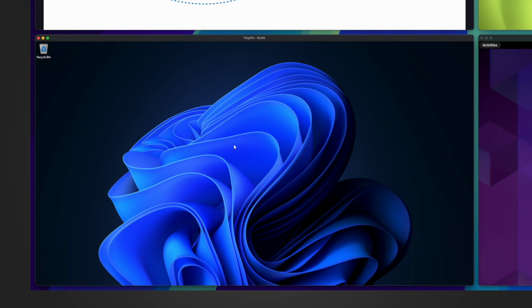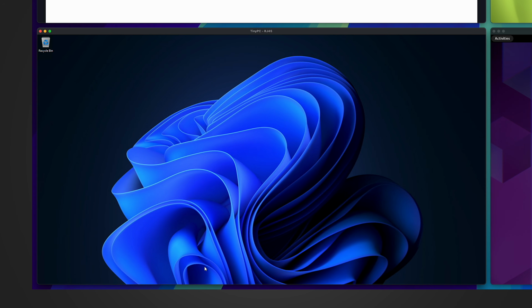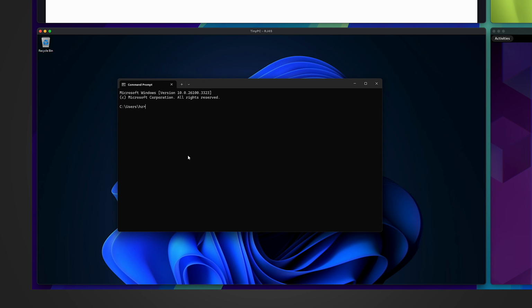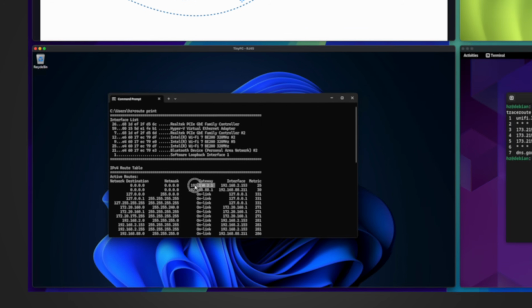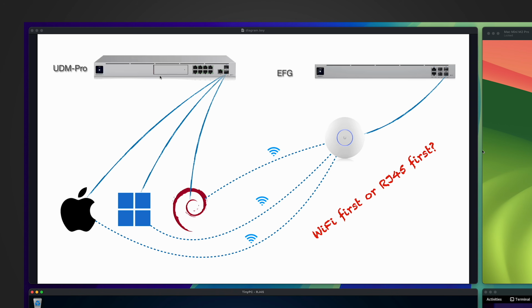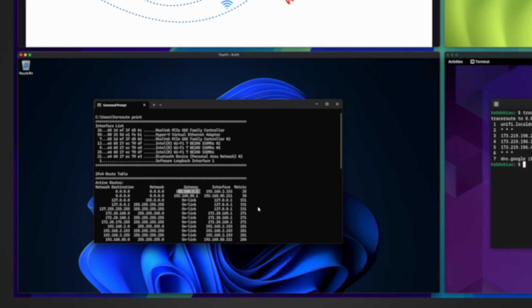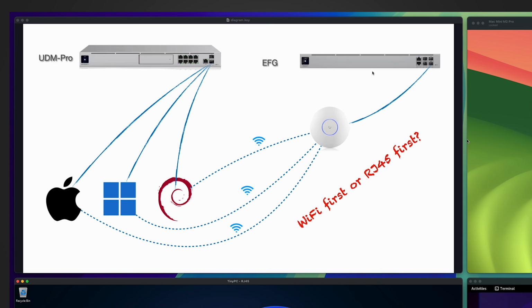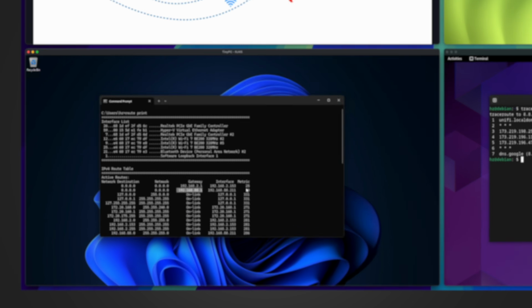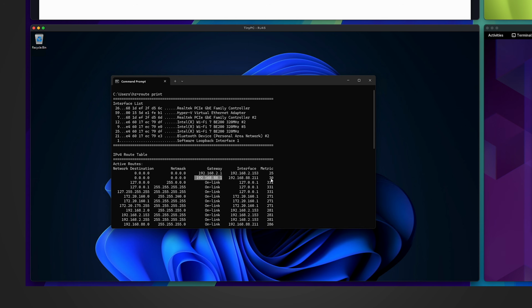Then if I go to the Windows machine, let me go to the command line, then simply run route print. Okay, you can see for the 2 default routes, the first one, I can tell from the IP address, is for the wired connection connected to UDM Pro, and it has metric 25. For the second default route, from the IP address I can tell it is the gateway IP address for EFG. It has metric 30. Because 25 is less than 30, the first one has the priority, which means the wired